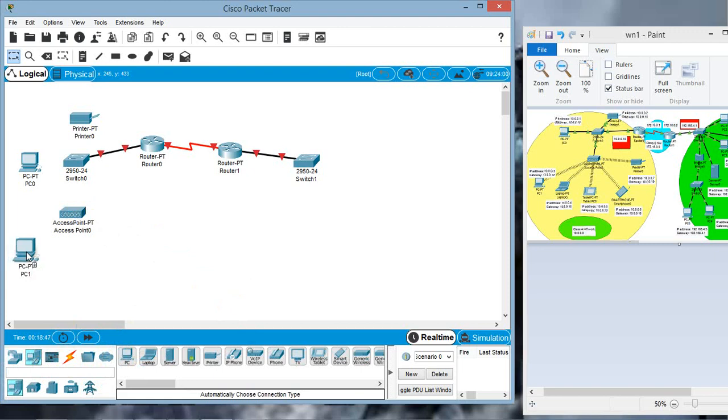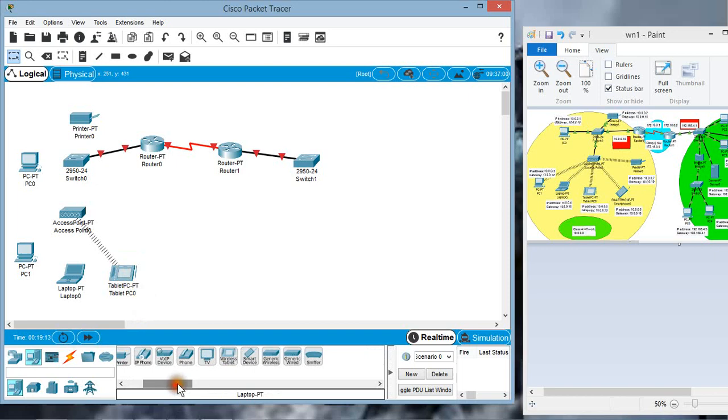Let's take a PC. PC will not have a wireless interface, we'll have to connect a wireless interface on it. Then we'll take a laptop, then we'll take a tablet PC, wireless tablet. Then we'll take a smart device, smartphone, and a printer again.